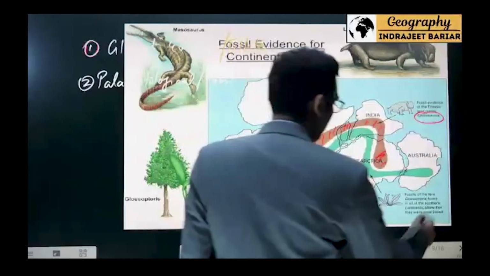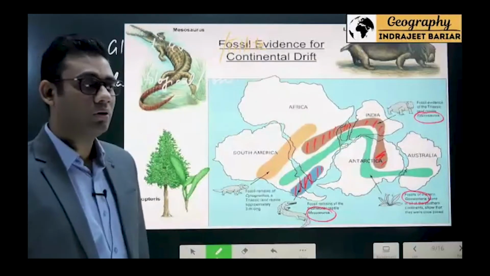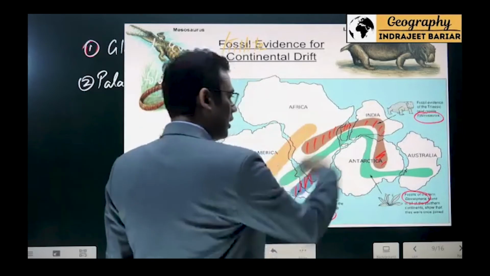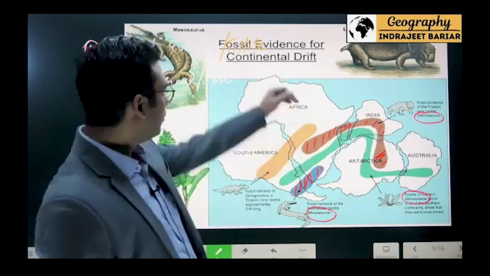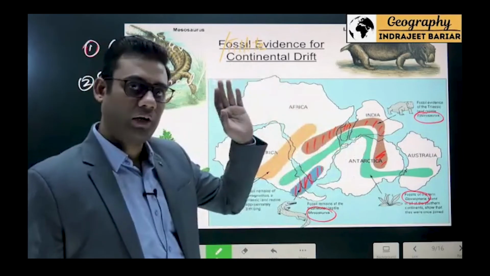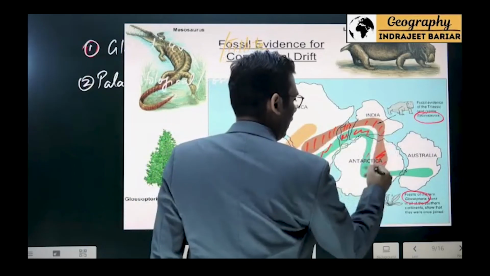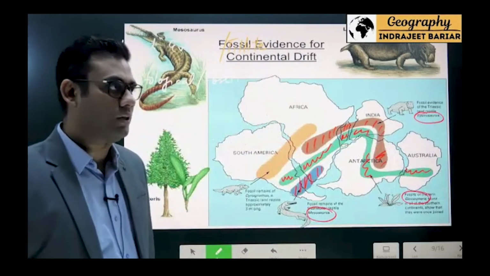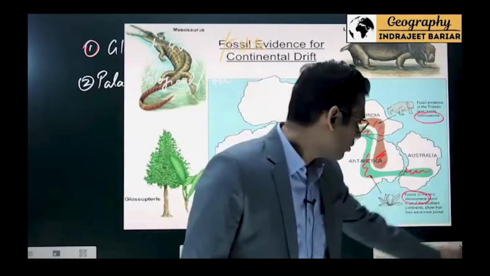And then we have a plant from that time called Glossopteris. Glossopteris के fossils were distributed all across southern continents. ये सारे southern continents हैं, which were part of Gondwana land at that time. Laurasia you can see has not been shown in this diagram. तो इन सबको हम southern continents कहते हैं of that time. तो यहाँ Africa, Madagascar, India, Antarctica, Australia, all the southern continents, Glossopteris has been found.